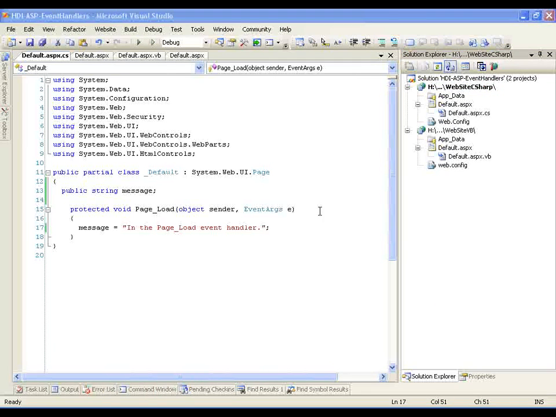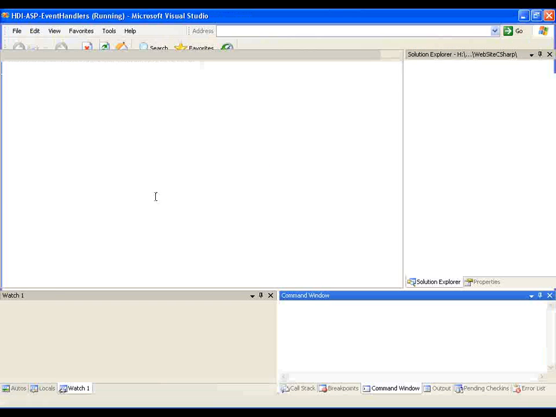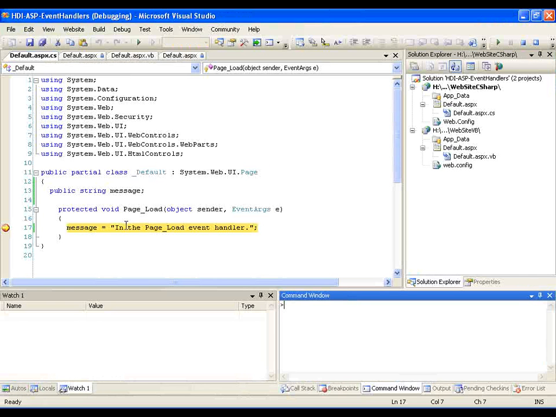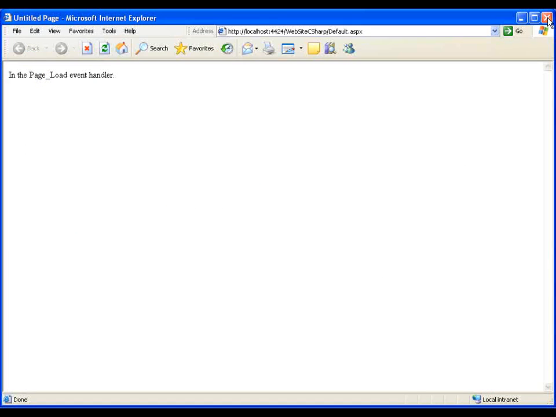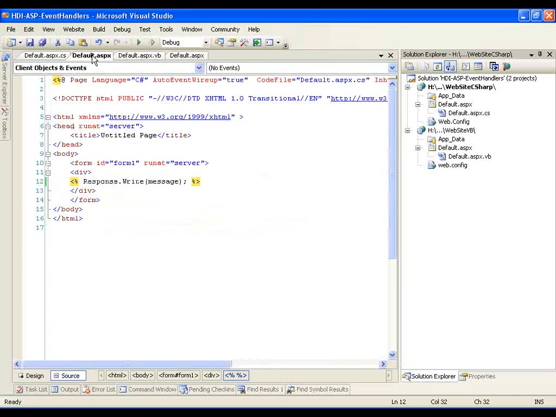Now let's start up this default page in the debugger, and let me put a breakpoint over here on line 17. We'll start it up in the debugger, and indeed we hit the Page_Load method and we see the message on the page. So one thing that's different about this in C# is, if you notice, we have not written any code here to indicate that this Page_Load method handles the page's load event. And that's because back here in Default.aspx for C#, you can see that the AutoEventWireup attribute is set to true by default, which is different than